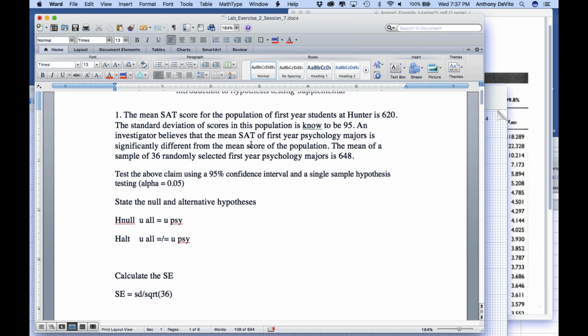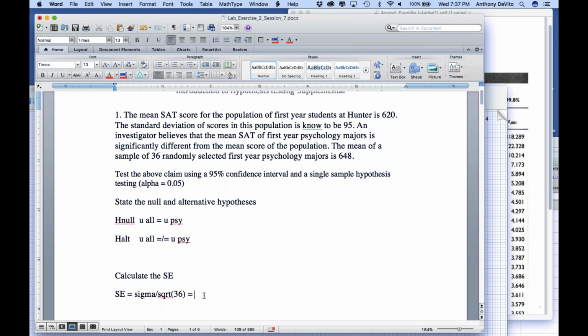Did they mention it here? They don't give us the standard deviation of the sample. They give us the known standard deviation of the population. So we're going to assume that the population and this sample have the same standard deviation. In other words, we're going to assume that we know sigma. So in this case, I'm going to say we know sigma. So the standard error is going to be equal to,